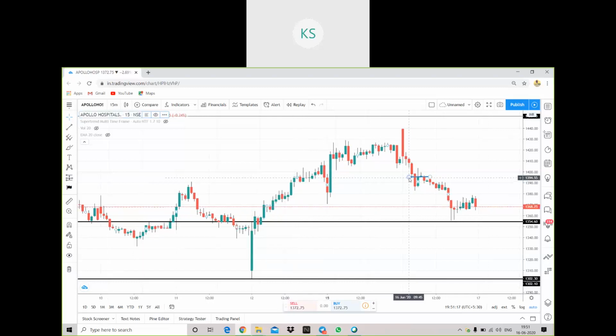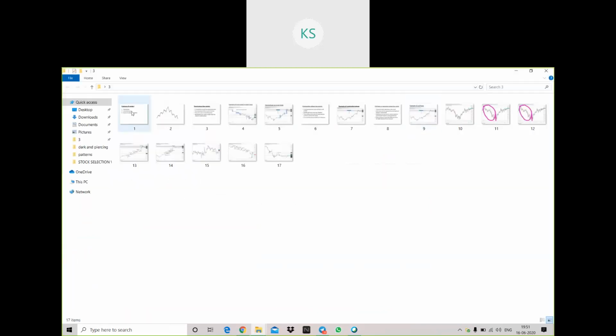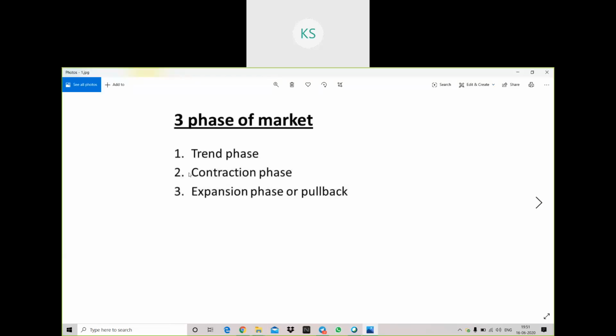Fine. So today we are here to discuss the three phases of the market. That is one of the most important topics, and if you understand that, half of your trading you can do. It is all based on psychology, and I'll tell you how you can apply that and do better trading according to that. So the three phases of market are these three. I hope everyone is able to see the screen and my voice is also clear. Somebody say yes and we'll start.